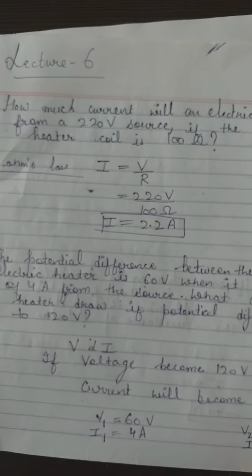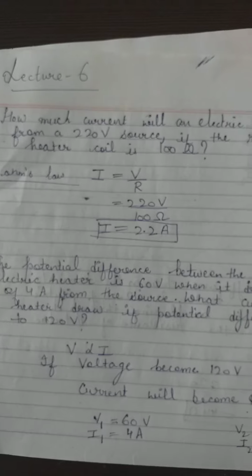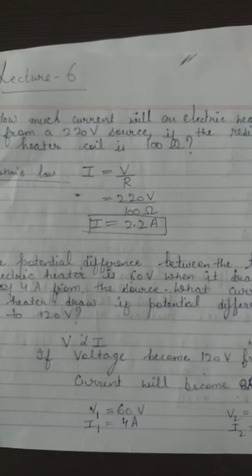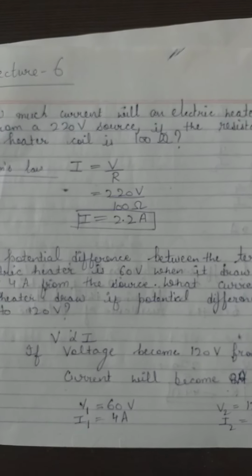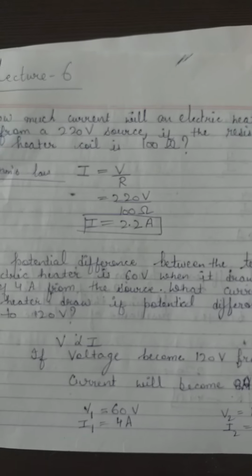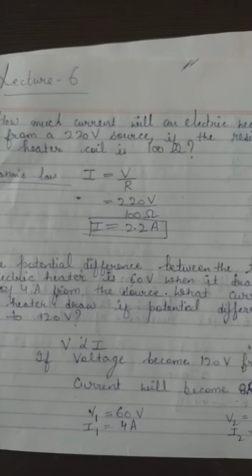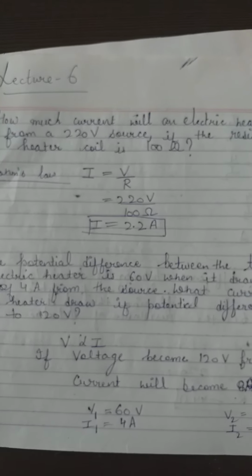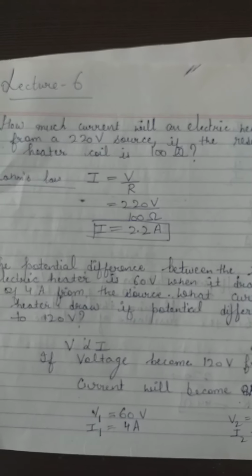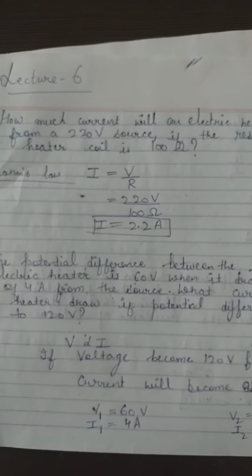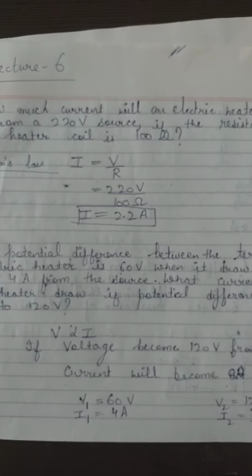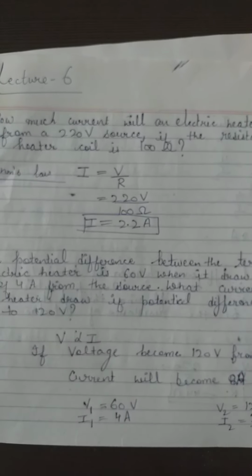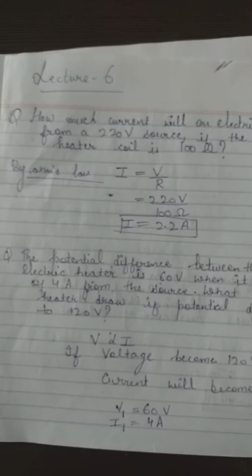So according to Ohm's law, you generally have to remember the Ohm's law formula, that is V is equal to IR. So I is equal to V upon R. Put the value of V, which is 220 volt, and put the value of the resistance, that is 100 ohm. You get the value of I is equal to 2.2 ampere. Please kindly note the SI unit of that particular quantity, current, voltage or resistance. You generally have to remember the formula of Ohm's law. Further, it is not as difficult, it is as simple. You just have to put the values of those quantities. So move on to the next numerical.